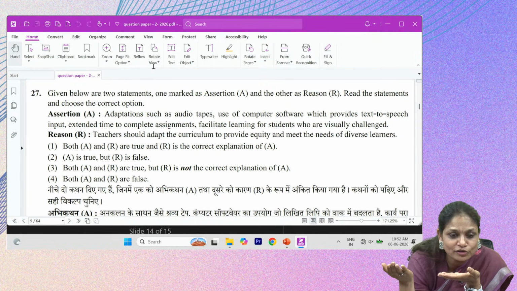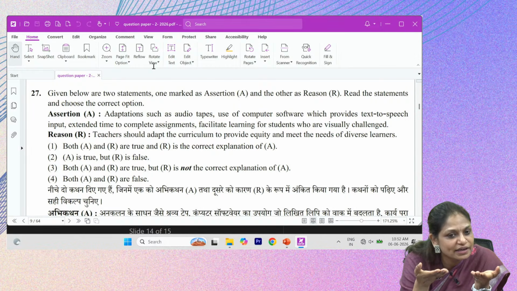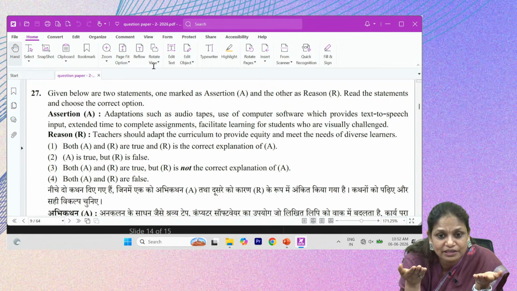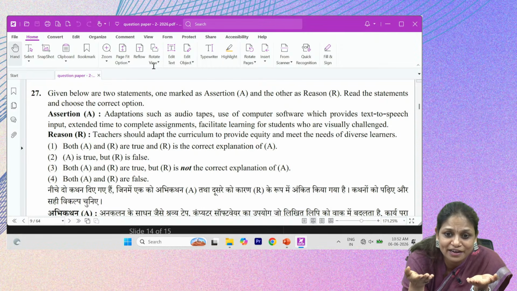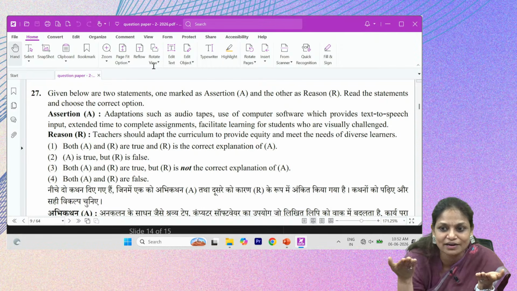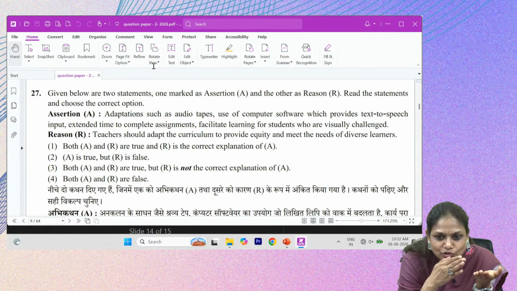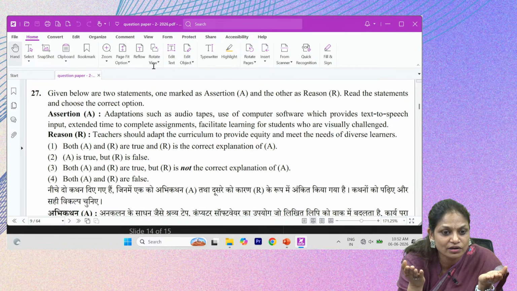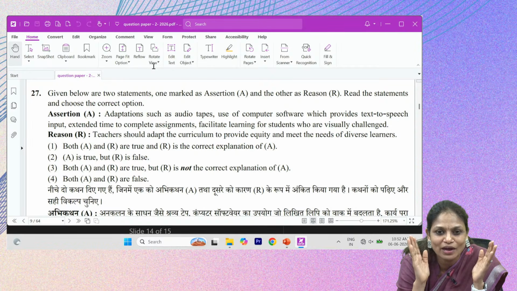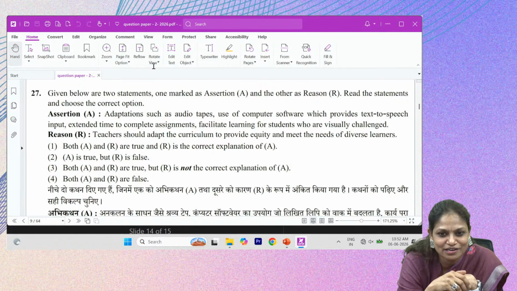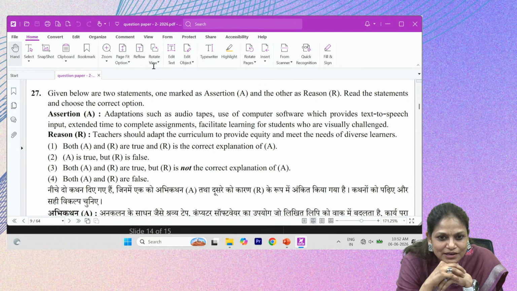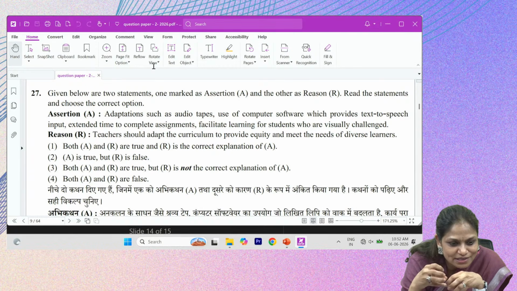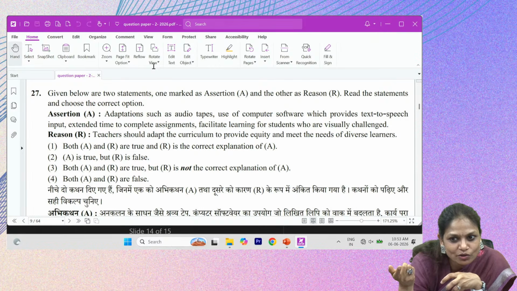लर्नर नीड्स को फुलफिल करना है। देन बोथ ए एंड आर ट्रू, ठीक है, ए एंड आर ट्रू है, बट आर इज नॉट द करेक्ट। आपको लगता है कि आर करेक्ट एक्सप्लेनेशन नहीं है, करेक्ट एक्सप्लेनेशन है, क्योंकि इक्विटी के बारे में बात कर रहा है, डाइवर्स लर्नर्स के बारे में बात कर रहे हैं, तो ये वाला ऑप्शन ऑटोमेटिकली रिमूव हो जाएगा। बोथ ए एंड आर आर फॉल्स, ये तो है ही नहीं करेक्ट, तो विच वन इज द करेक्ट आंसर, यस। अब ऑनेस्टली बताओ कि जब हम ये चीजें रिलेट कर रहे हैं, हाउ क्विकली यू एबल टू